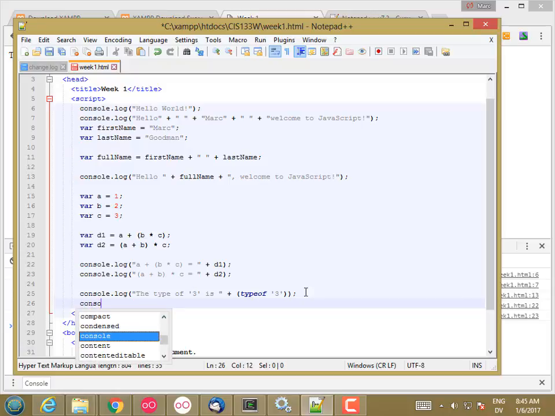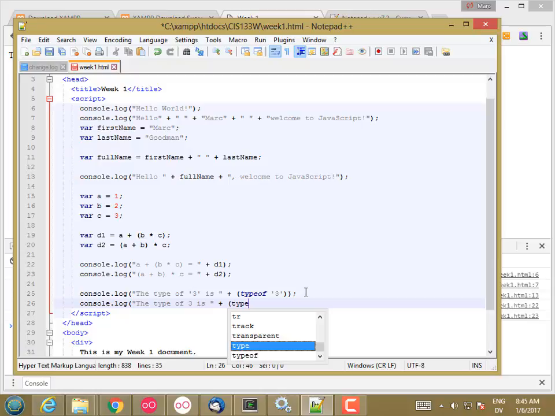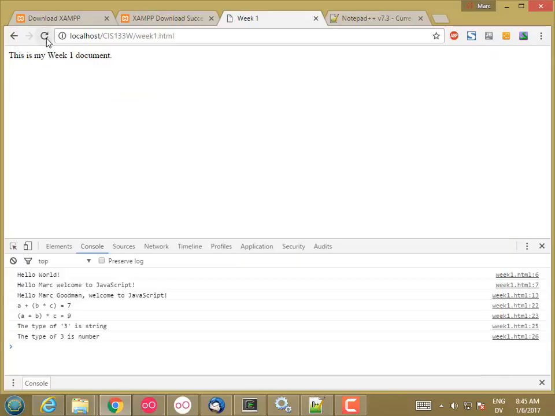And then the type of 3 is, like so. Now if we load the page, we find out that the type of single quote 3 single quote is string, and the type of 3 is number. Now sometimes that is important